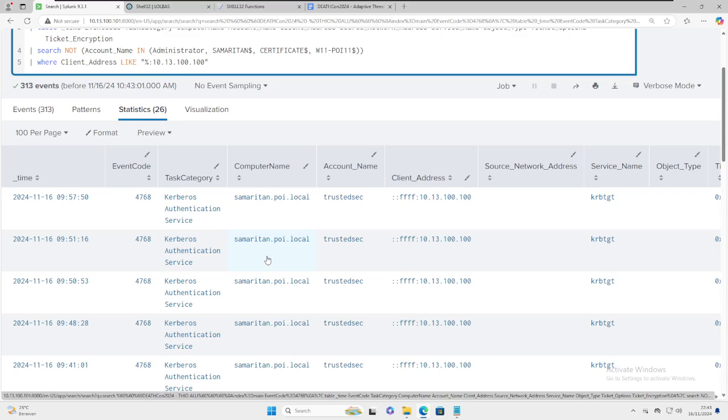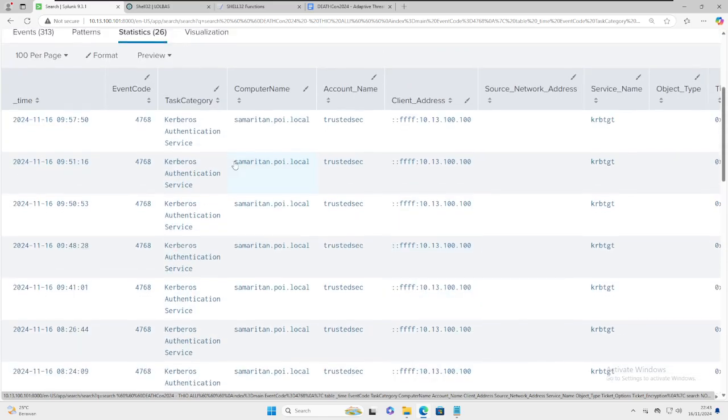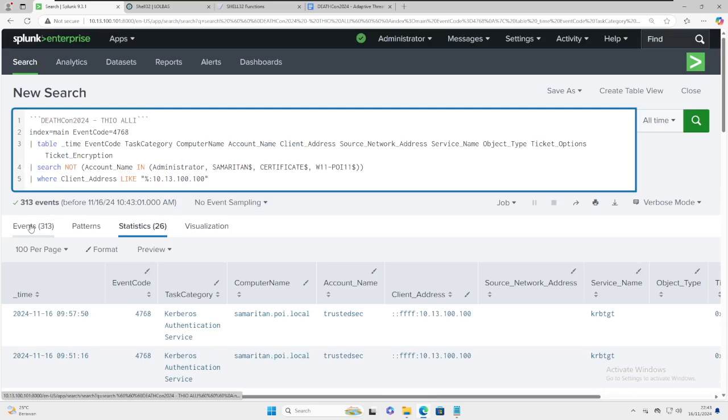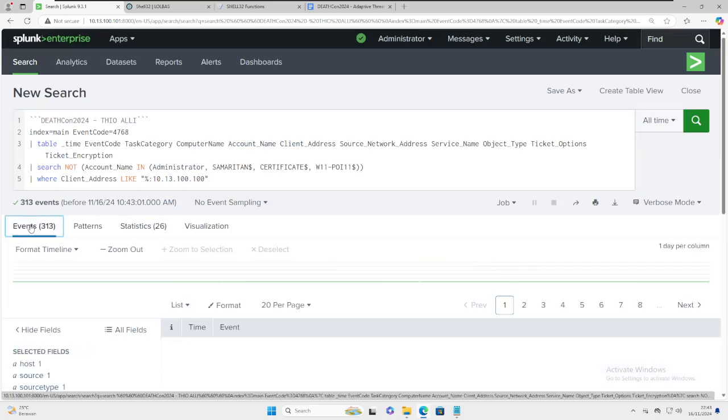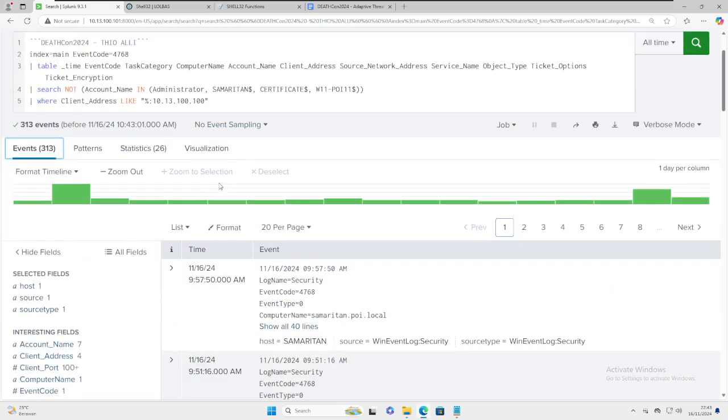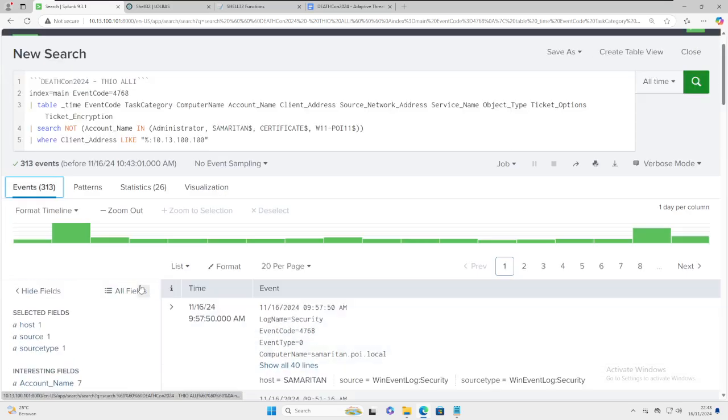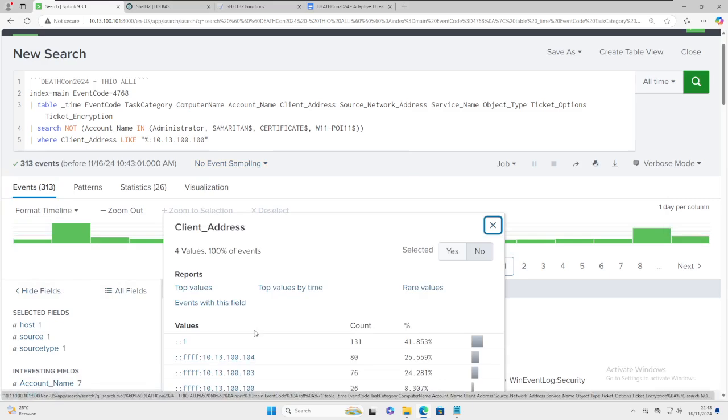Here we have the data which shows the account name is trustedsec, and the client address is still the same. To check again, we can use the event or the stats command, but if you want to check it using the client address, you can click the event and then click the client address.